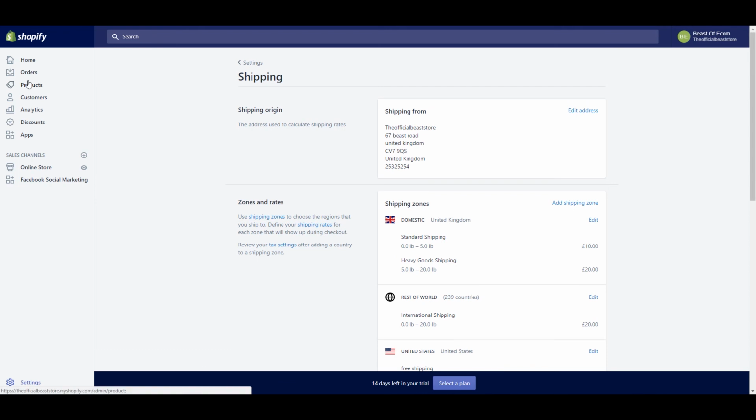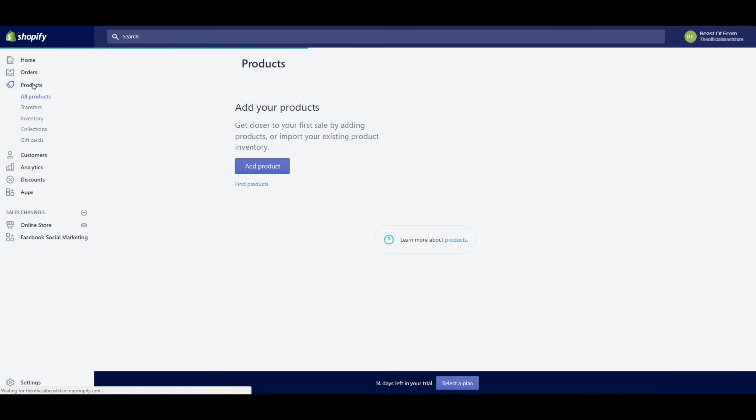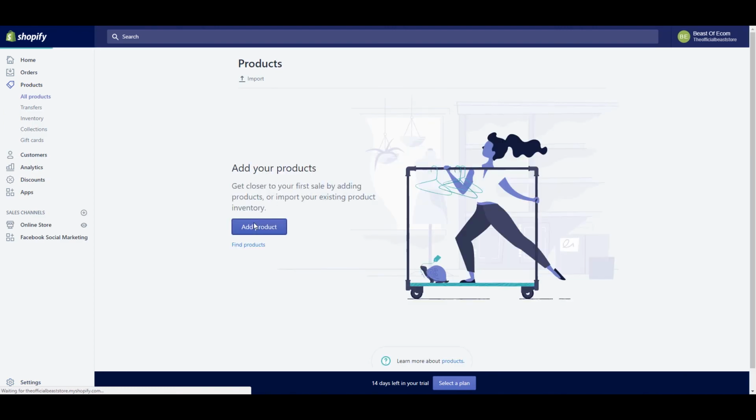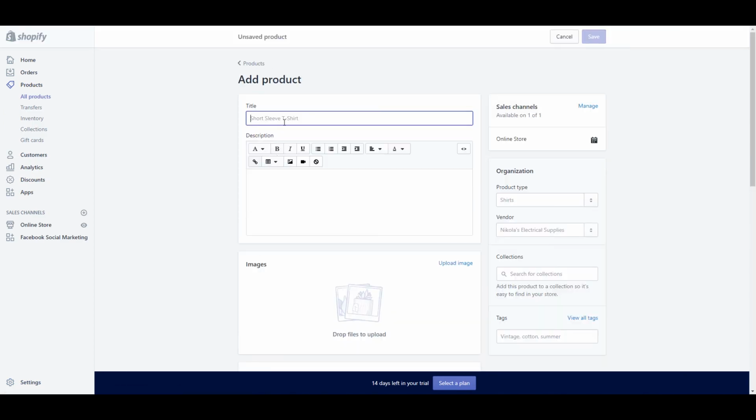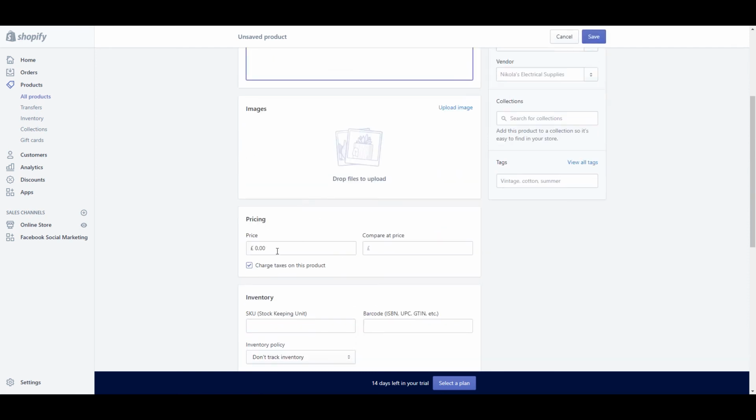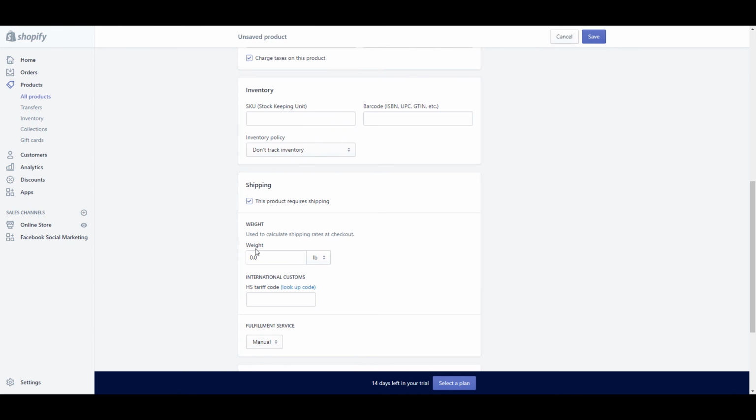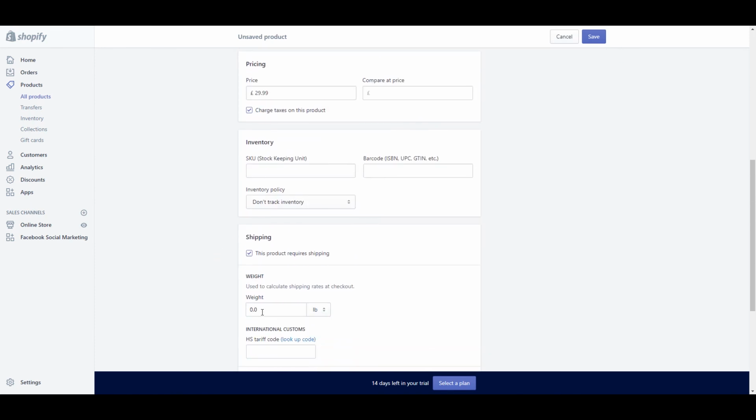But as for these matching, if we go to products and we just add a product, I'm going to show you a lot more of this in detail, but this is just for the shipping rates. So if we just make up a title, there you put your price in. Say for example we were charging $29.99 for this one, and we didn't want to charge any more shipping. Remember, our shipping was 0 to 0.1 for free shipping, so we'd make sure that that was that. So if we click save,